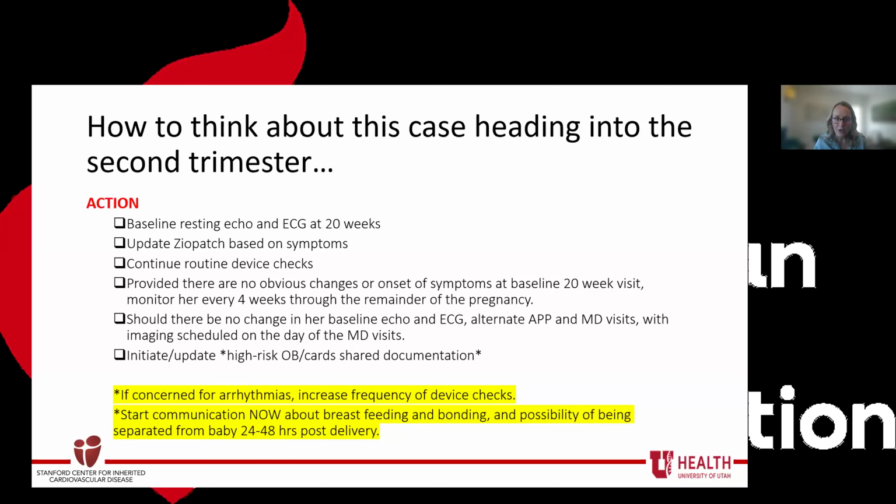Start the communication now in the second trimester about breastfeeding and bonding. What are the options going to be for mom and baby based on what medications she may or may not be taking, and those that might need to be restarted post-delivery. And also introduce now the possibility that mom may need to be separated from baby when that volume shift happens with labor, should she have any signs or concerns of heart failure or be high risk going into labor, that she might be separated from baby and have to spend a little time in the coronary care unit for 24 to 48 hours post-delivery. Important to introduce that